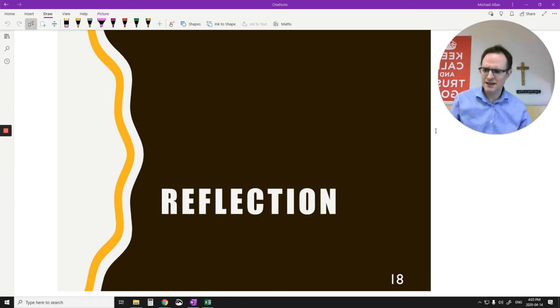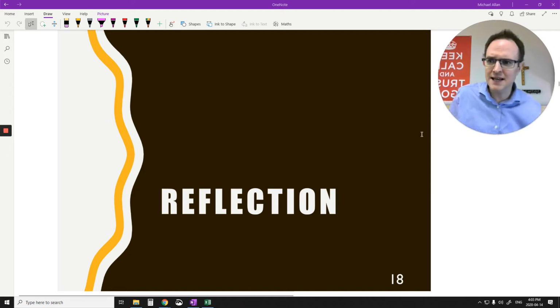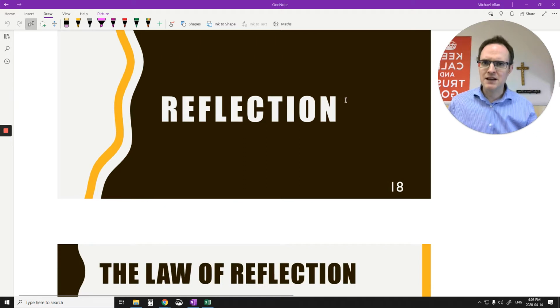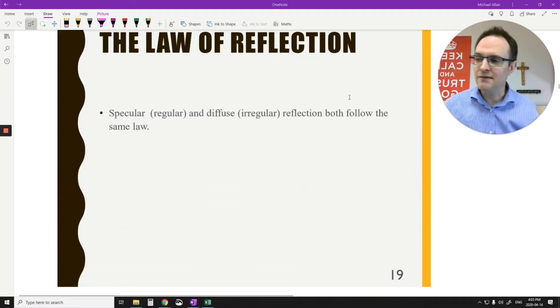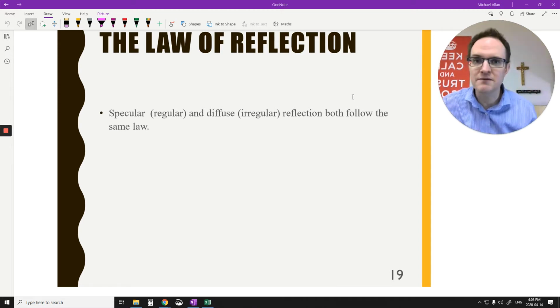So we're going to continue our lessons here. We're going to talk about reflection today. So we're going to start off nice and easy, and then we're going to talk about curved mirrors, specifically concave and convex mirrors. So what we know about the law of reflection, you probably learned this in Physics 20 as well,